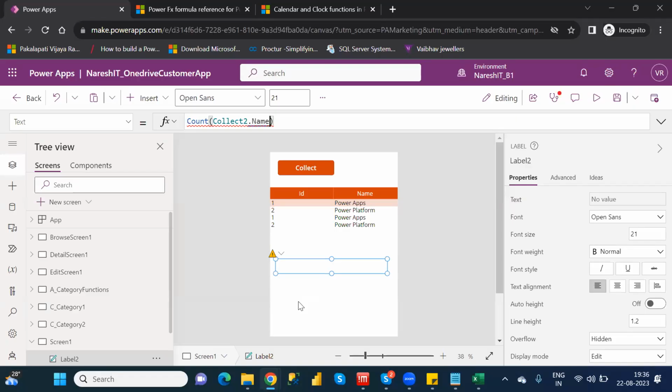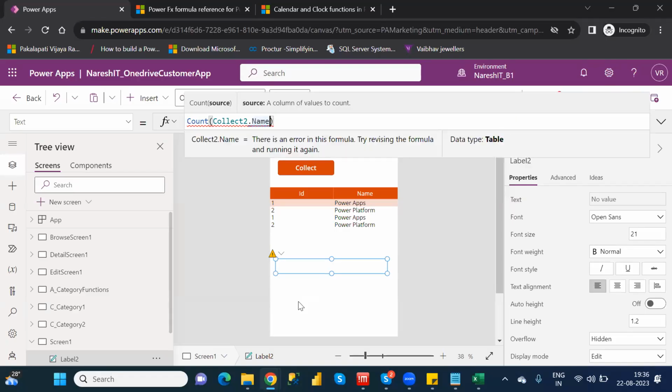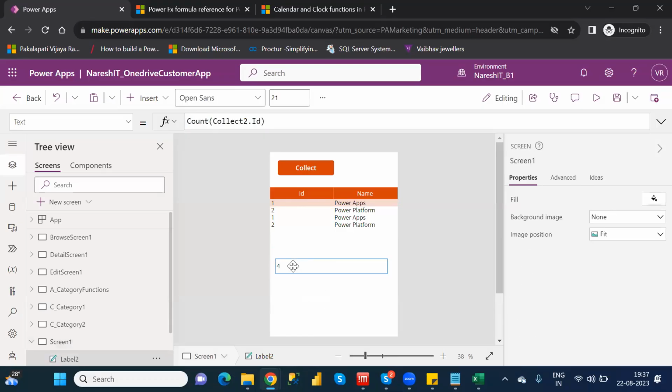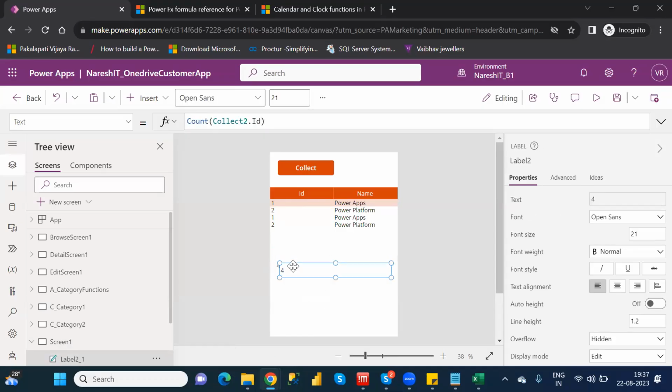Vijay, I want to pass a name related column. Then what do you have to do? Then you have different options, right? CountRows is there, and CountIf is also there. Those related columns you have to pass into that particular one. Understand clearly or not? Is it clear or not? Yes. Okay. Another one is